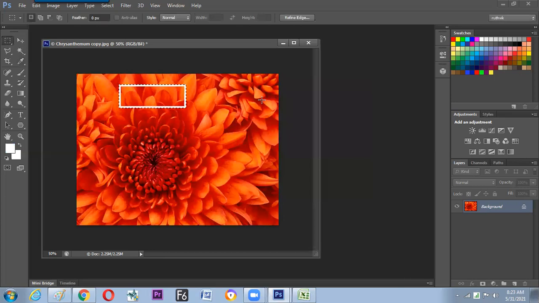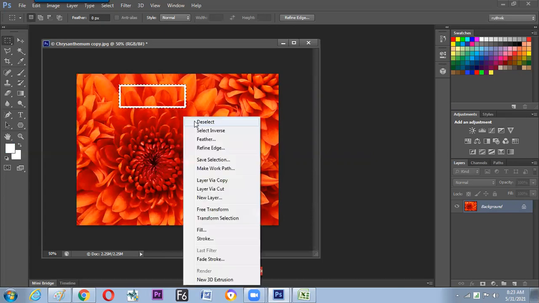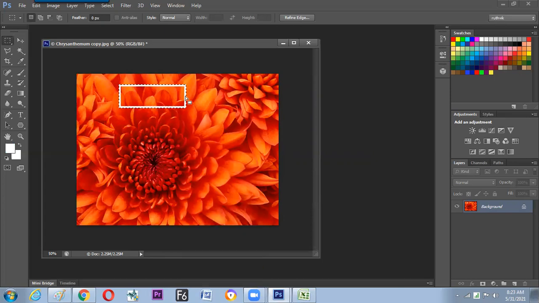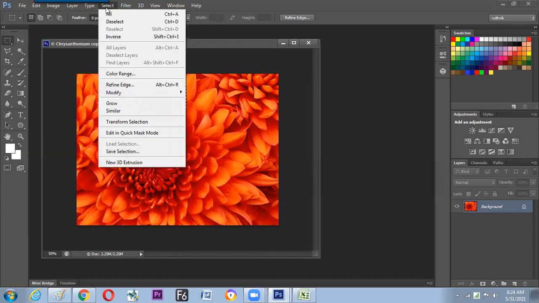So now we have understood how to make a selection on a restricted area, and how to make a stroke in the restricted area. Now it is time to deselect: give a right click and switch to the option called deselect, or else we can switch to the software's selection menu. Just as, if any window is not visible, we can switch to the Window menu, anything cut, copy, paste is in Edit, anything to be saved is in the File menu, in the same manner anything related to selection will be in the Select menu.